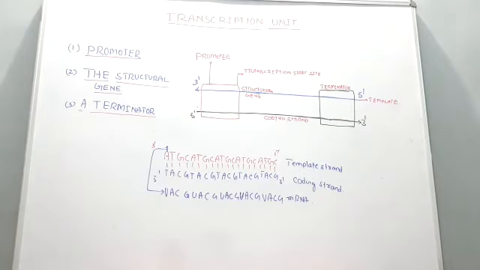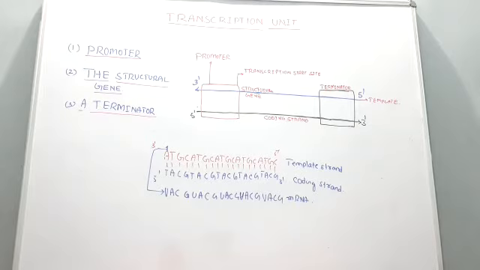Now after that, structural gene. There are 2 kinds of strands, and we have already named them. One is the template strand, and we will also define what a template strand is. In the previous lecture we defined the template strand. Apart from that, one more strand is there, known as the coding strand. So you are going to differentiate these 2 DNA strands. What is template strand? What is coding strand?